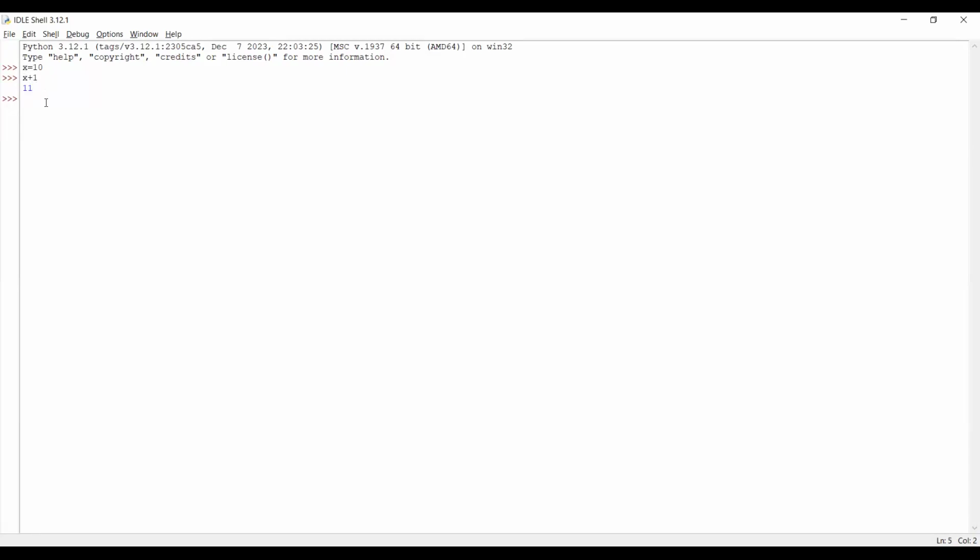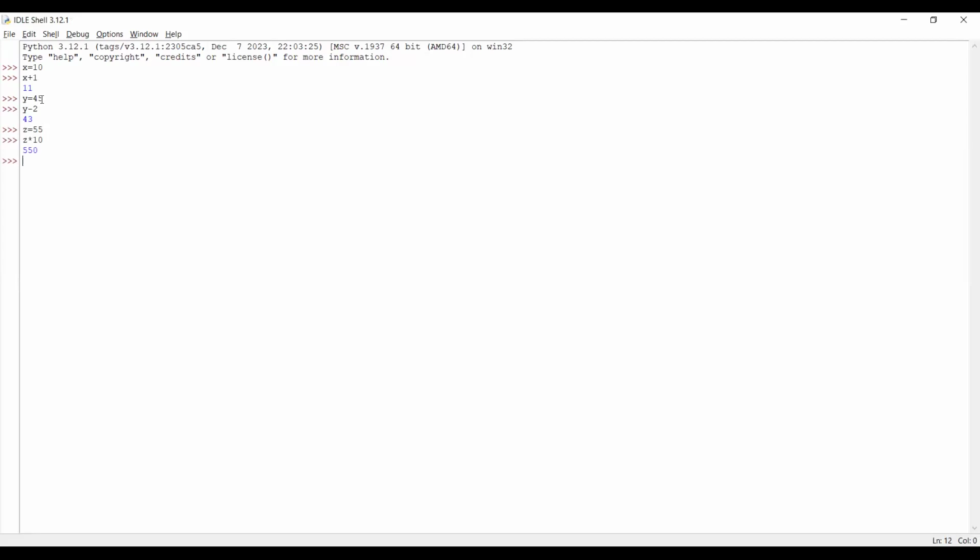Similar way, I'm going to say y equal to 45, right? I'm going to say y minus 2, right? So it is going to give 43 here. So I can do anything, right? Then I can say z equal to 55. So then I'm going to say z into 10, right? So likewise, I'm going to assign some value to my variable and I'm going to